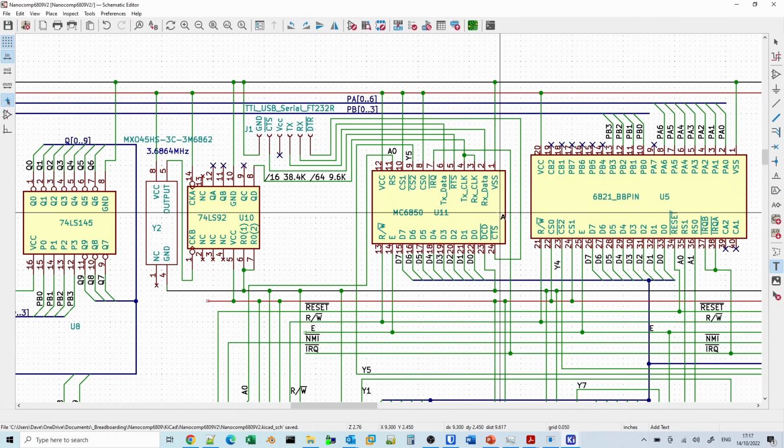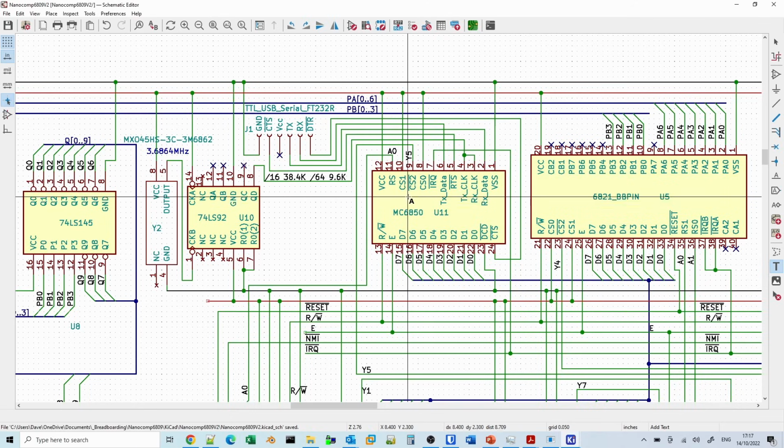We just need to be careful that when we plug in this chip, pin 1 is at the top here, and you see 1, 2, 3, 4 divided to 12, 13 to 24. Because I've made the schematic pin out the same as the physical pin out, when we're plugging these in the breadboard, the physical layout is going to be very similar to the layout here. So we're going to end up with quite a few yellow cables, for example, going from here over to where the serial adapter is going to plug in here.